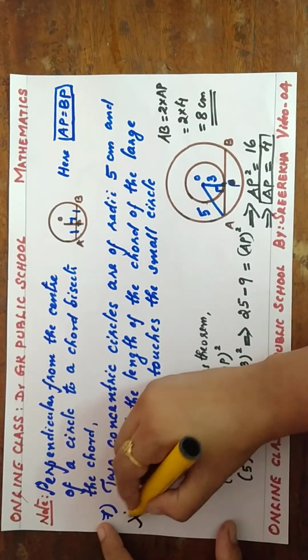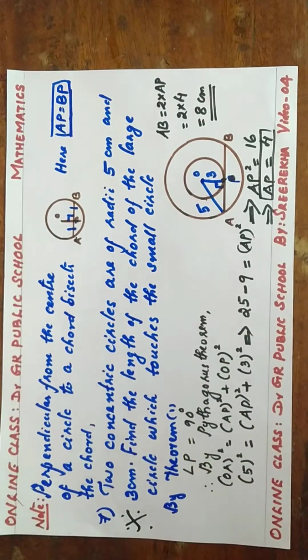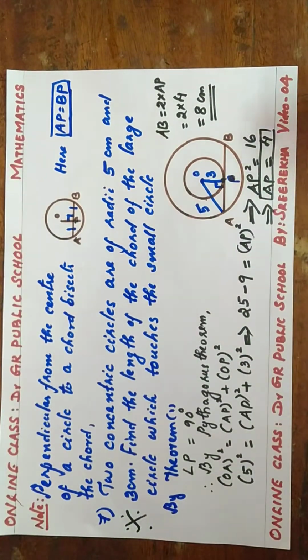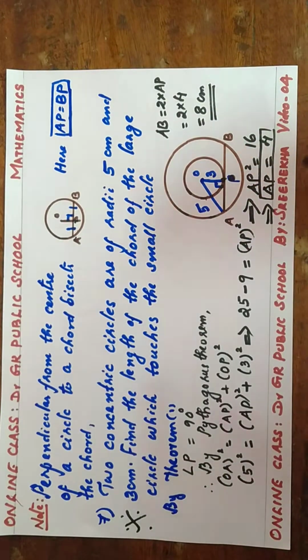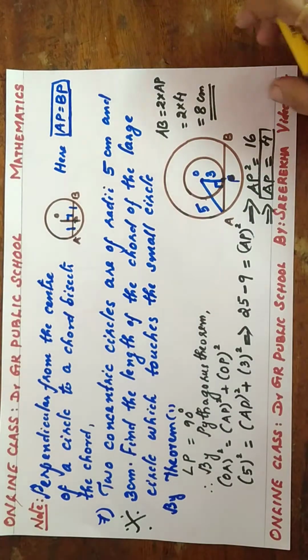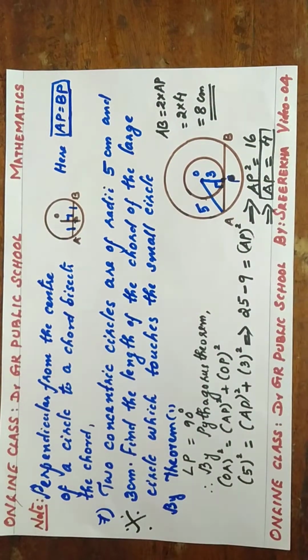This is a very important 1 mark question, or it can be asked as a 2 mark question. If it is a 1 mark question, no need to draw the figure. You can draw a rough figure, do the simplifications and find the answer as AB equals 8 centimeter. The most common error I found in most of the papers during evaluation is that almost all the students finish up to AP, that is, they apply Pythagoras theorem and find the value of AP. But they forget to find the length AB as AB equals 2 times AP. So try to remember, that is a very important point. Okay. Now come to another question. Any doubt in this?